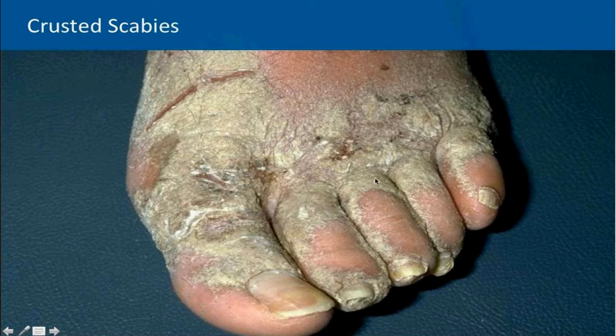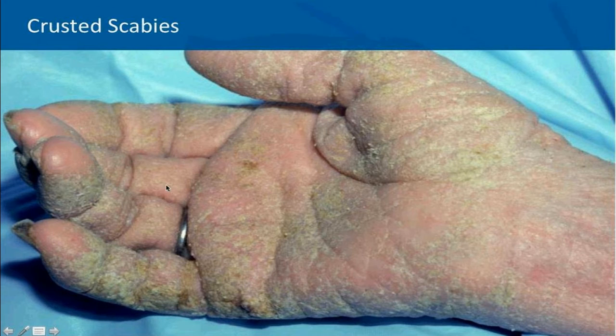Here's an example of a patient that's had crusted scabies for several weeks or months, and you can see the skin just thickening up. If you take a biopsy through that, it's basically like a skyscraper hotel full of scabies. So many, many, many mites. Again, this yellowish, waxy scale, and this is very characteristic of crusted scabies.